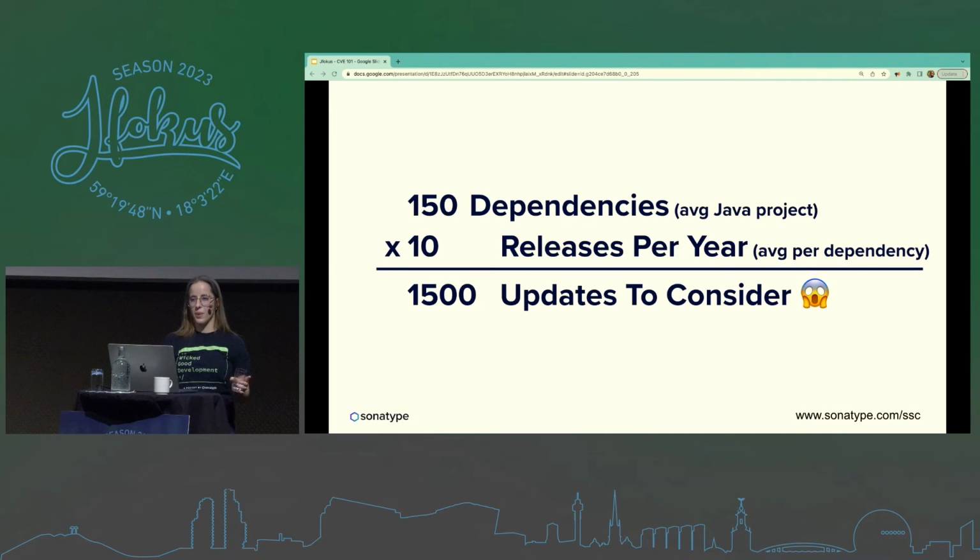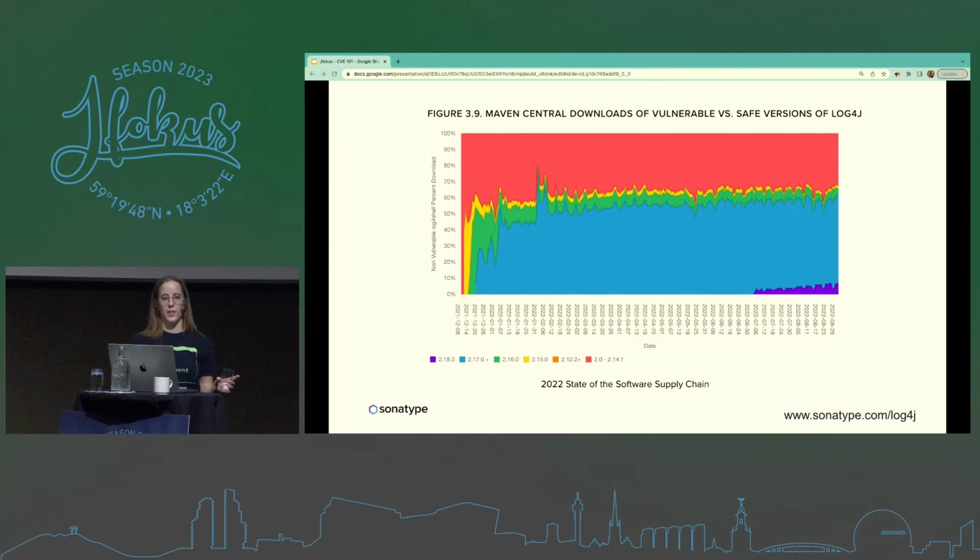But managing dependencies isn't really that easy, unfortunately. For the average Java project, there are about 150 dependencies, and those have about 10 releases a year on average, so that's a lot of updates to consider every single year that could potentially be vulnerable. And I think that was really shown by the level of remediation we had from the Log4Shell vulnerability